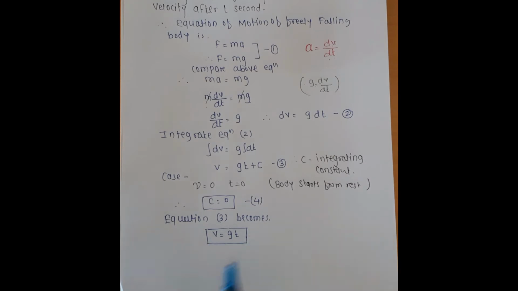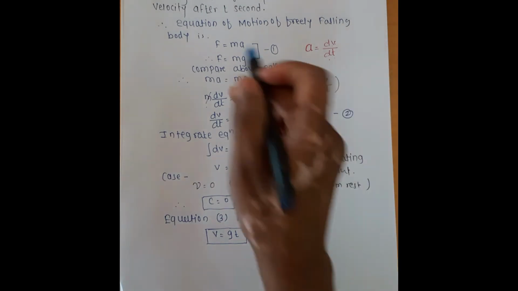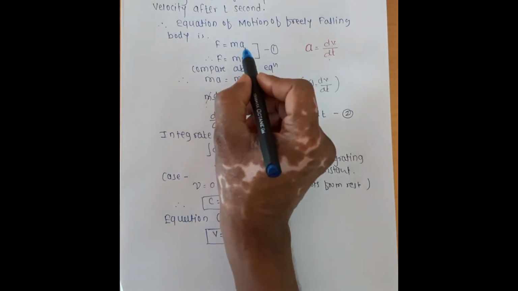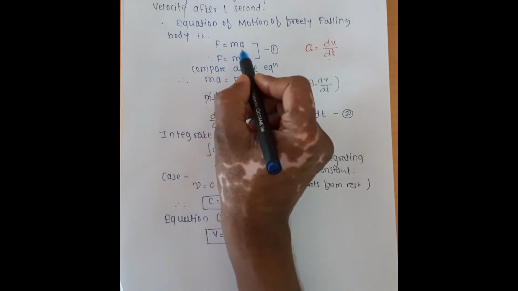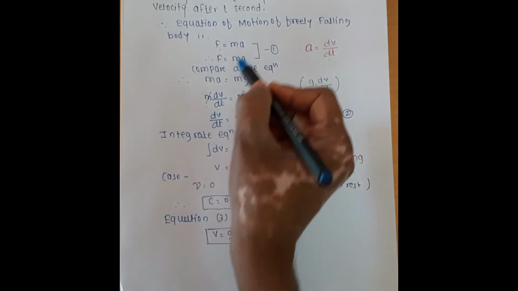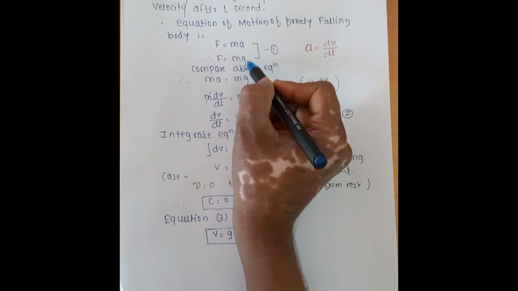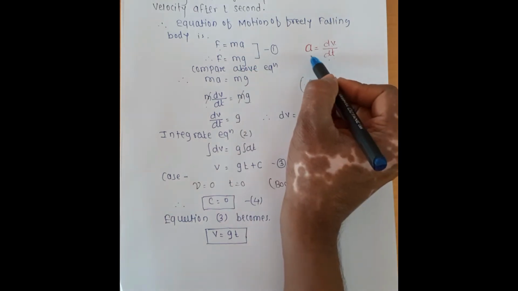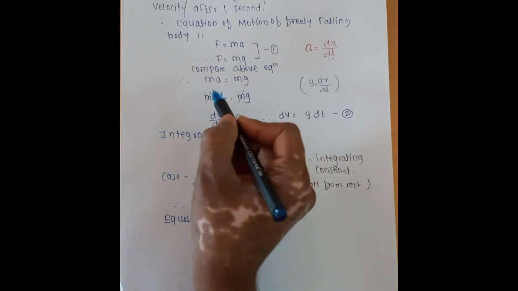It's simple, but we derive these equations using Newton's laws of motion. So that is the equation of motion of a freely falling body. Here we derive two equations. Force is equal to mass into acceleration. This is Newton's second law of motion, and you know acceleration is due to gravity, so that's why this a is replaced by g. And acceleration means the rate of change of velocity with respect to time. So that's why we derive the equation like this.